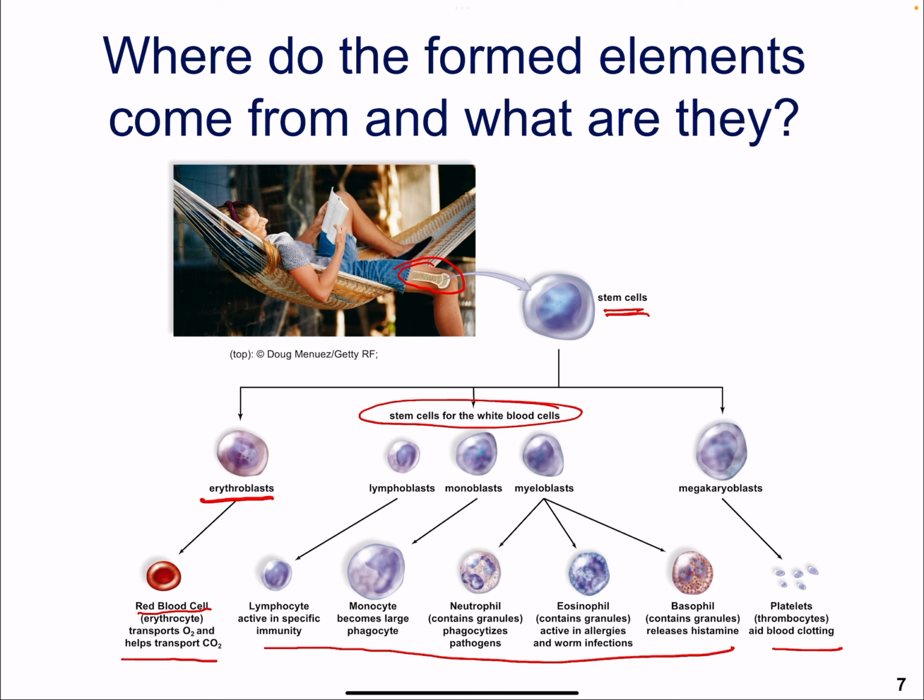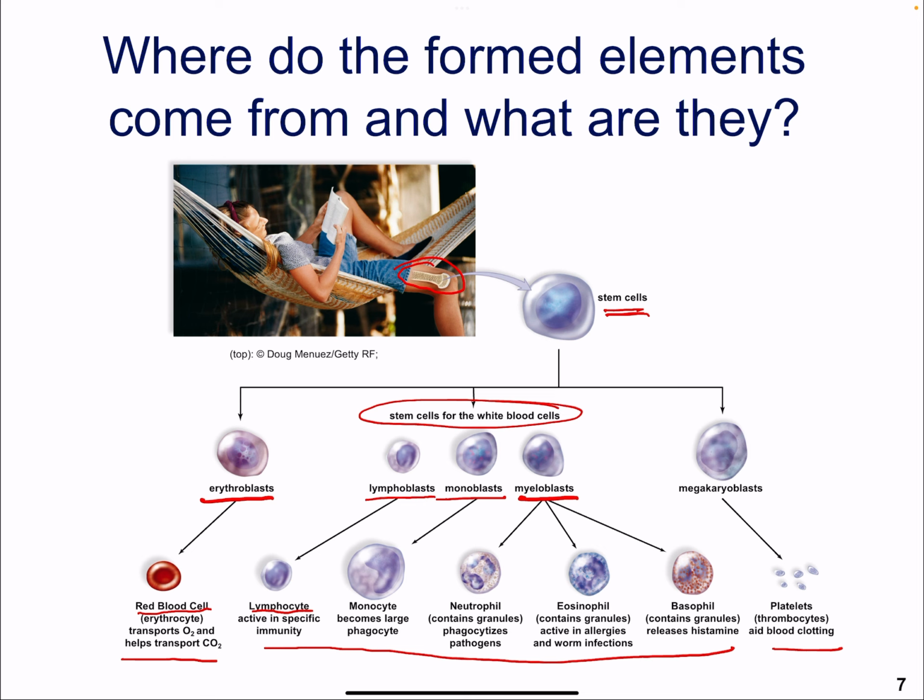These baby leukocytes are going to be lymphoblasts, monoblasts, and myeloblasts. The lymphoblasts are going to mature into lymphocytes. These lymphocytes are very important and instrumental in specific immunity,